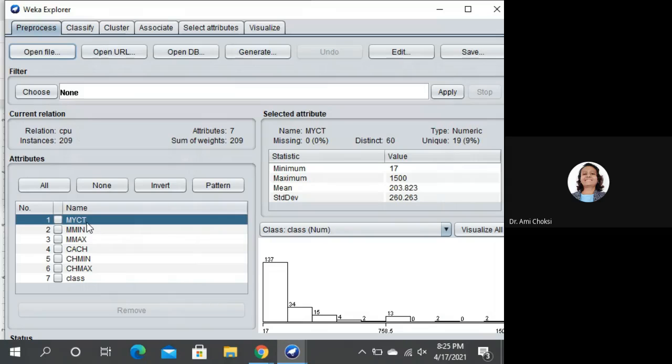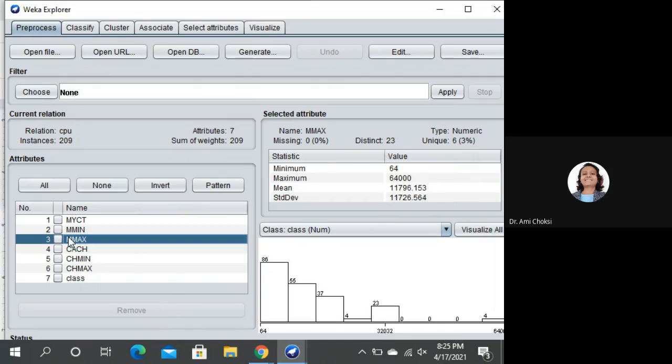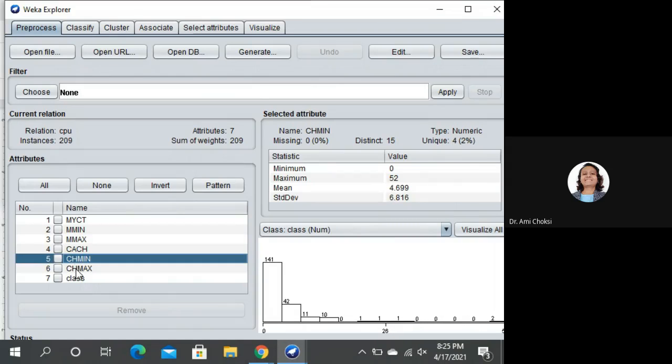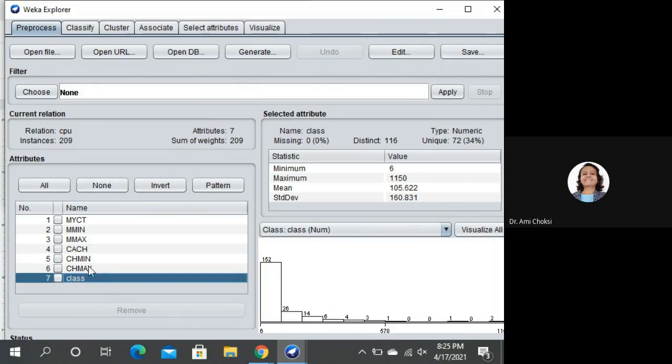The first attribute is numeric, the second attribute is numeric, the third is numeric, the fourth one is numeric, the fifth one is numeric, the sixth one is numeric, the seventh one too is numeric, right? So all the attributes in this file are numeric, and that is why we can apply linear regression here.